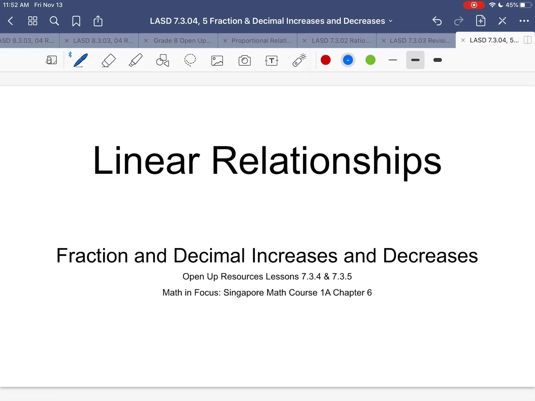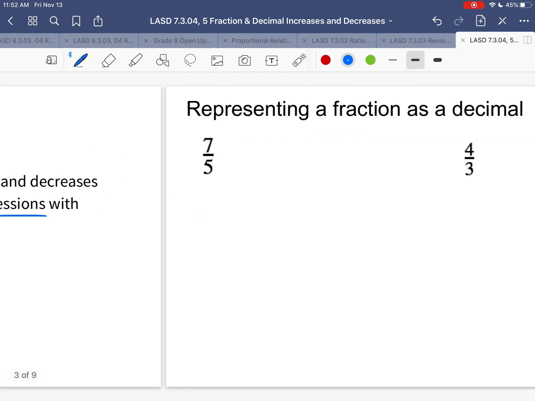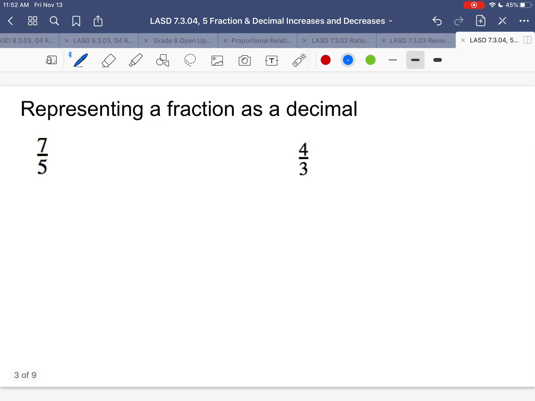Welcome back to the unit on linear relationships. Today's lesson is about fraction and decimal increases and decreases. The goals of today's lesson are that you represent a fraction as a decimal and that you can represent fraction and decimal increases and decreases with tape diagrams, tables, and equivalent expressions with fractions and decimals. So first, to represent a fraction as a decimal,